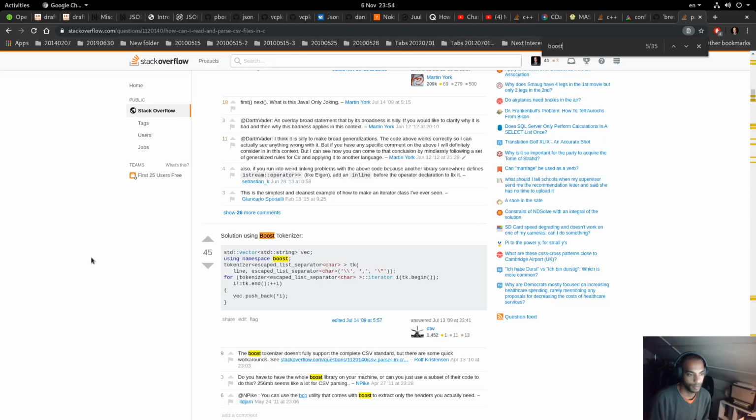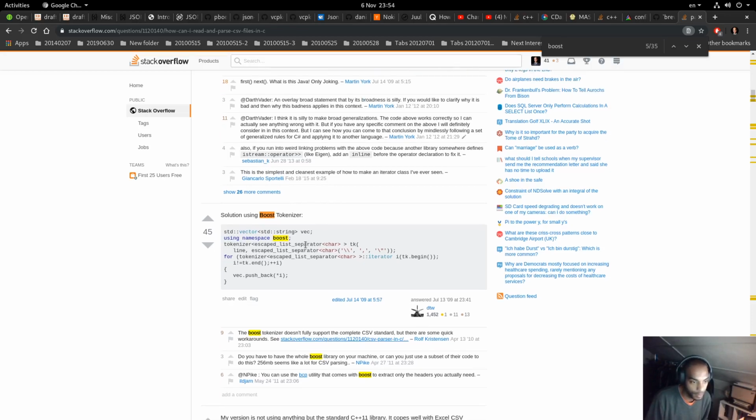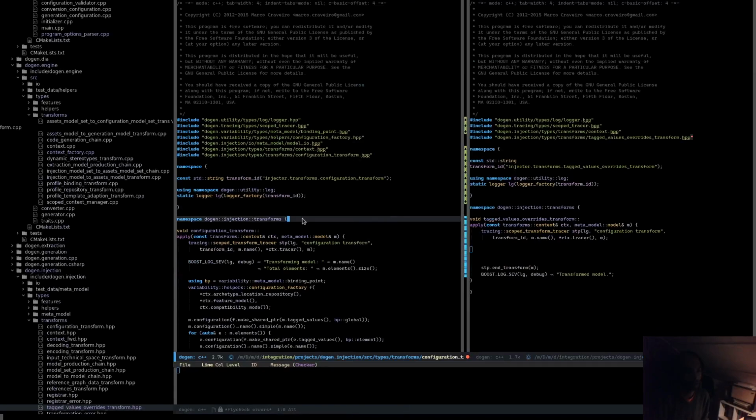Boost spirit, boost tokenizer, right? Here we are. Boost tokenizer seems the simplest possible thing we can do. Create the vector of strings, and actually, interestingly enough, if we look in our code base,